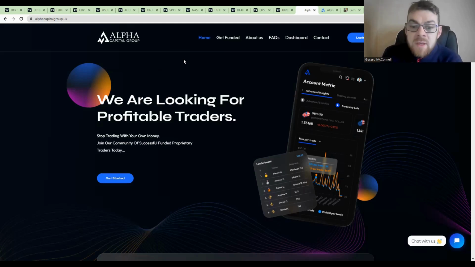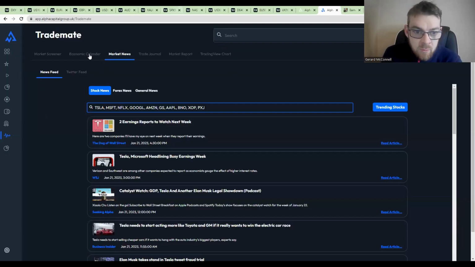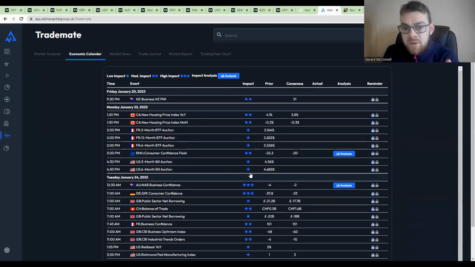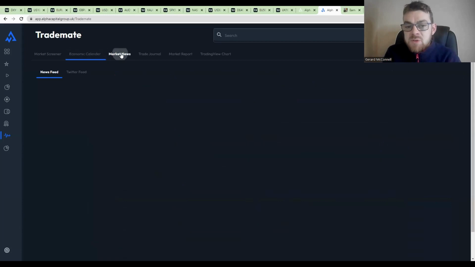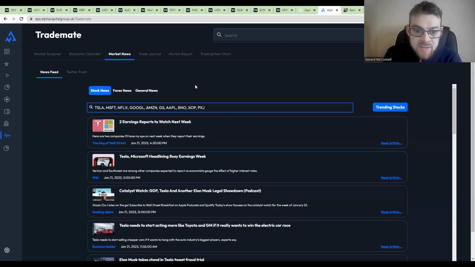However, before we start to review the price action of the week, there are a couple of important elements to take into consideration for next week's trading week. Within our dashboard, we do have the economic calendar, which is very, very important. But we also have other articles and other information.